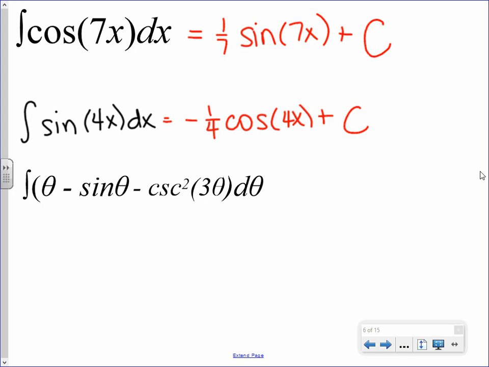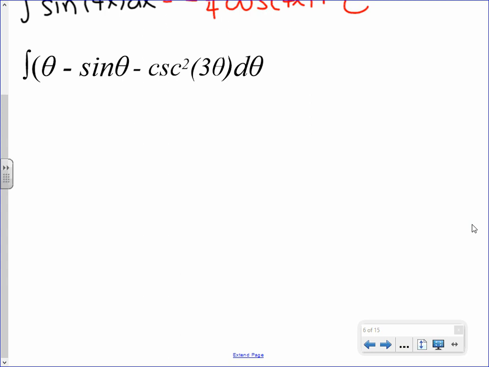Next one. It's not that bad. Okay, now it looks a little different because you see thetas instead of x's. Sometimes you'll see that, especially when we're working with trig functions. Okay, if you need to write them as x's, you do what you need to do, but